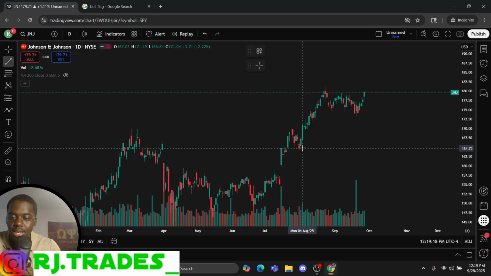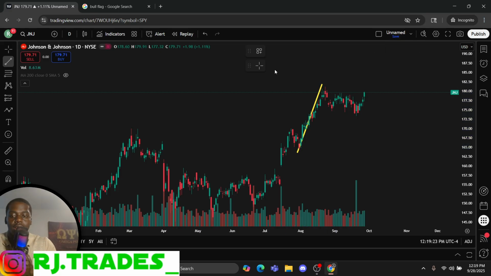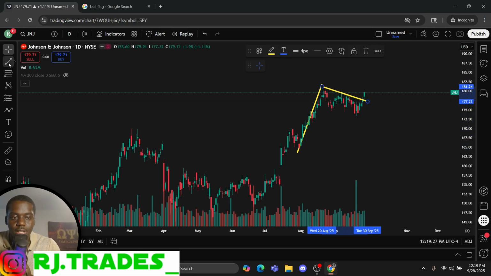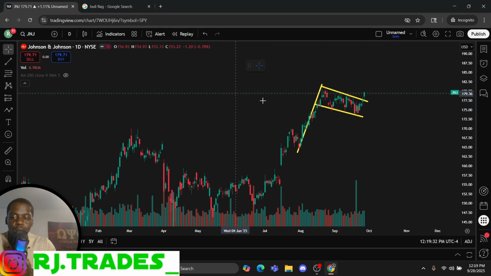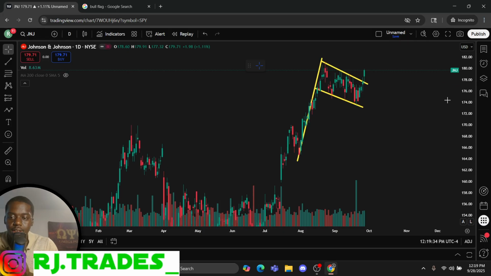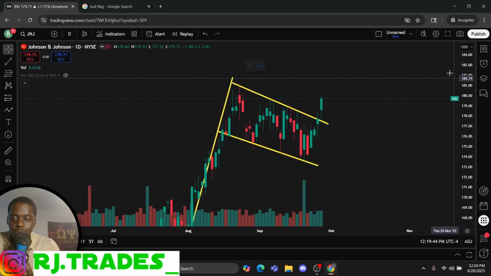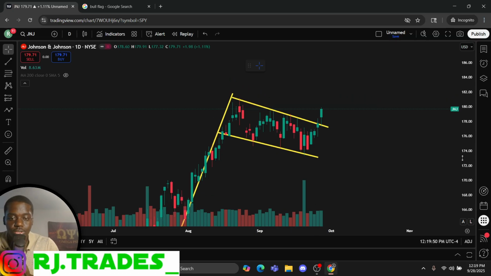Okay. JNJ. Take a look at JNJ. Crazy run up. Now, what did I say? It needs to consolidate. What do you see here? What is this forming? This is a bull flag pattern. Okay. And look at this candle right here that we got on Friday. Notice it poked its head out just a little bit on Thursday. But look at Friday. When it broke, it was gone. Okay. When it broke, it was gone.